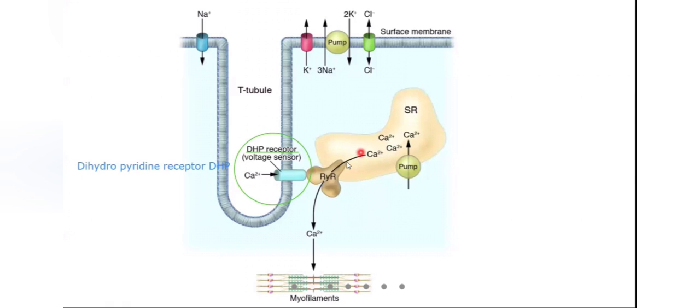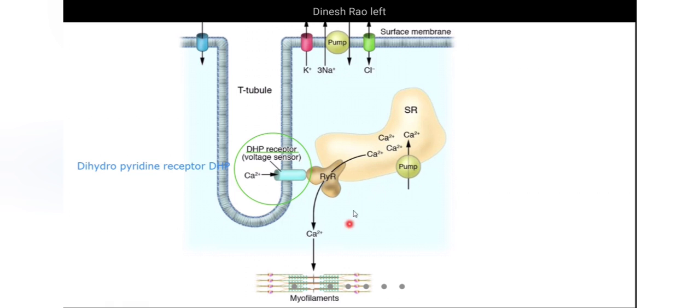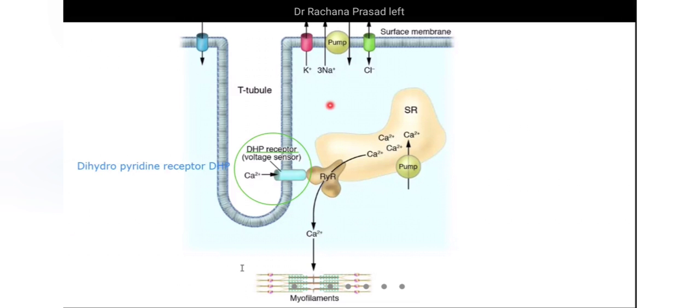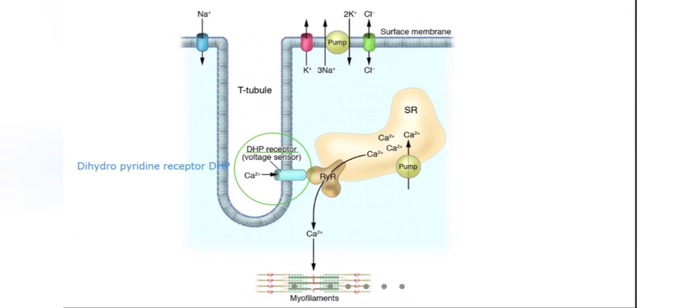Now this calcium from the sarcoplasmic reticulum has to come outside into the sarcoplasm, that is the fluid inside the cell. I'll just label this as the sarcoplasm, so there will be no confusion. Cytoplasm of the muscle tissue is called sarcoplasm. Very simple. So this is the sarcoplasm. This is the sarcoplasmic reticulum. This is the DHP receptor. This is the T tubule.